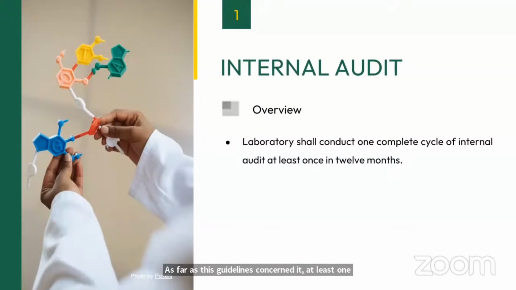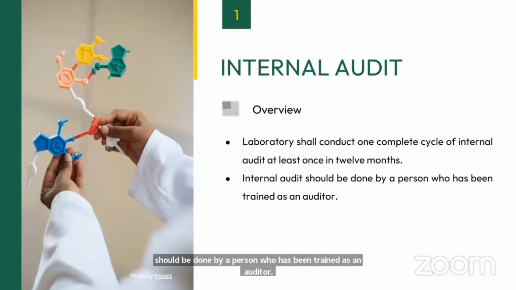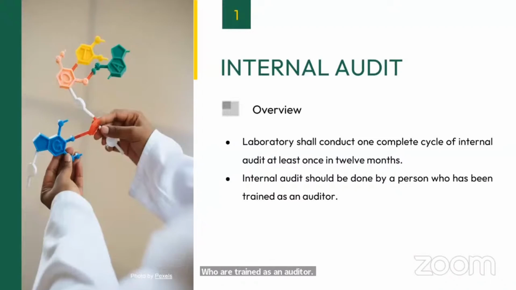Okay. Internal audit should be done by a person who has been trained as an auditor. So those persons are trained as auditors. There are specific guidelines to become an auditor. There are guidelines for auditing a management system as per ISO 19011. So your auditors are